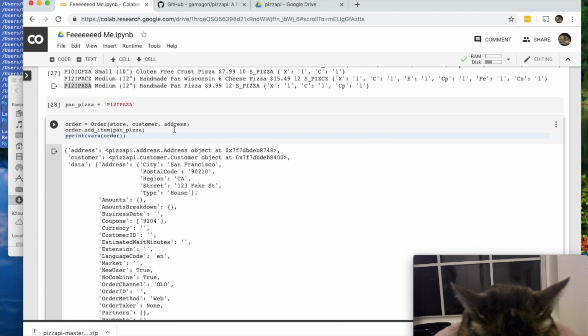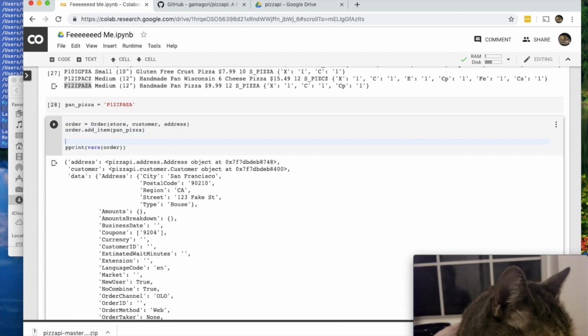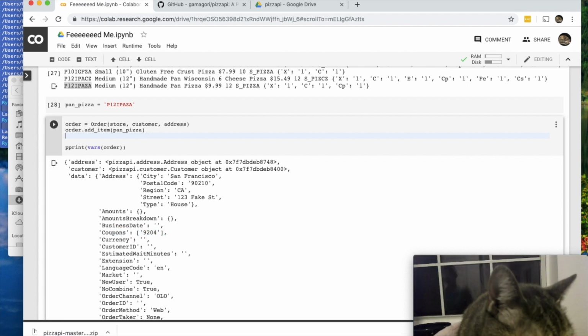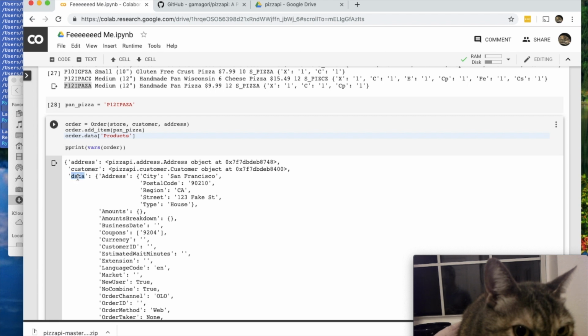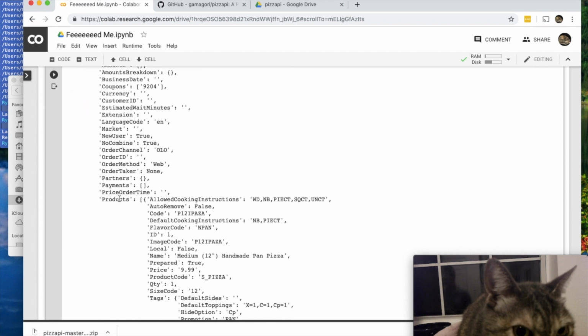The code I was adding was the following. I also hard-coded in the coupon, it didn't work. So the code I was adding was order.data products, so that gets us the whole order, then data, then products,